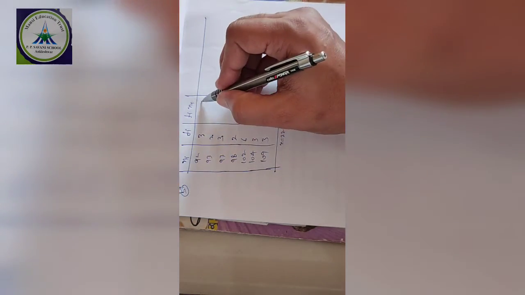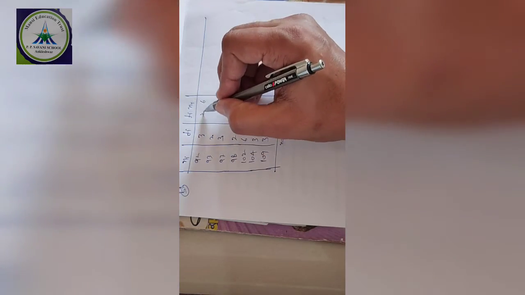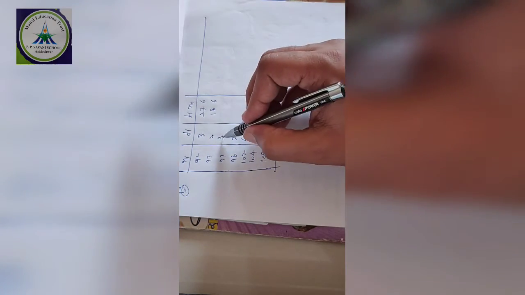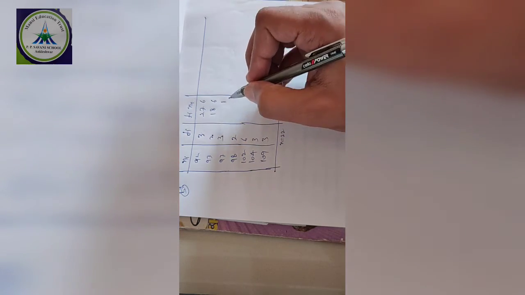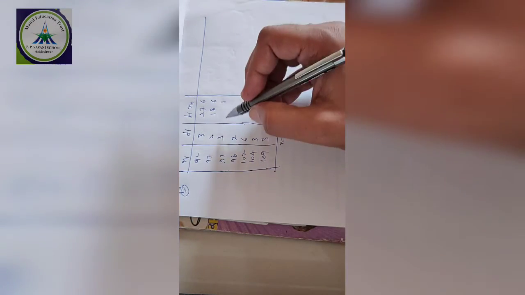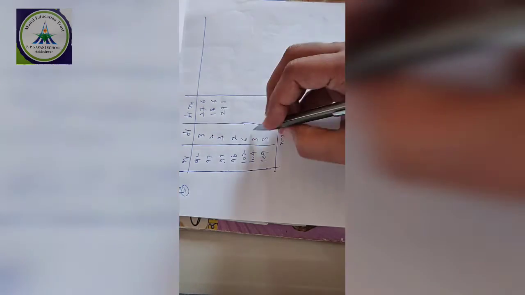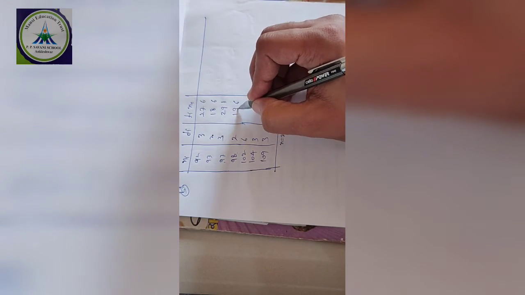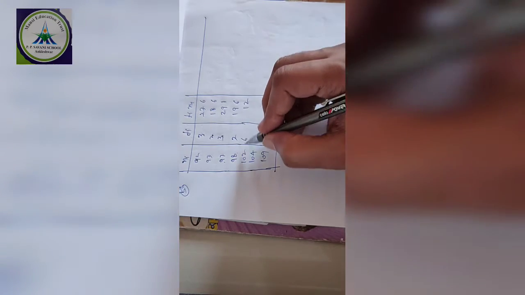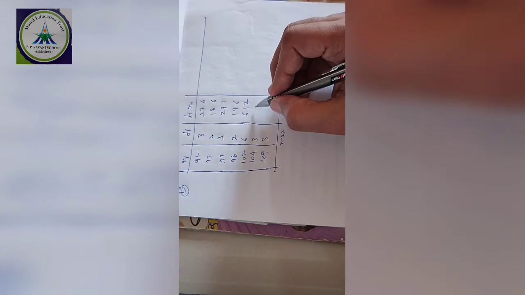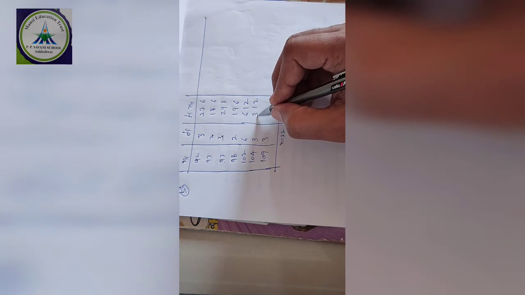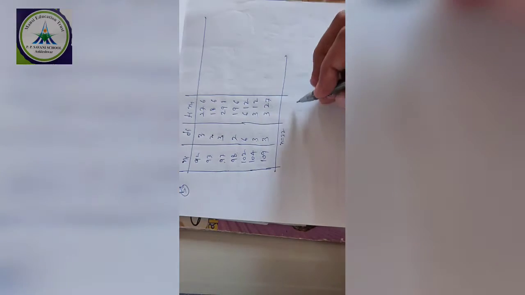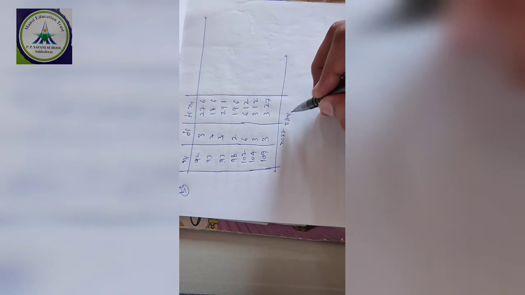fi xi, 92 times 9, 3 times 9 is 27. Okay, 2 times 3 is 6, and 2 times 9 is 18, and 3 times 7 is 21, and 3 times 9 is 27, and 2 times 9 is 18. 3 times 4 is 12, 3 times 1 is 3, 3 times 9 is 27, 3 times 1 is 3. Okay, total sigma fi xi equal to